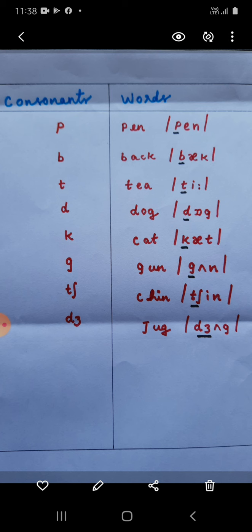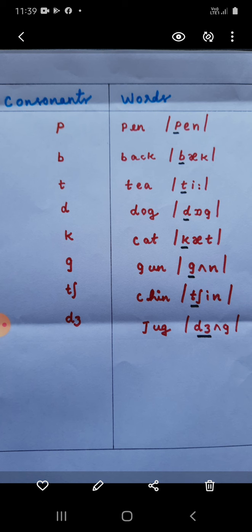Then the example you can see is gun, G-U-N. How to write that? Open a slash, then write small letter G, pronunciation G. Then you remember the triangle cut. While we were dealing with the vowel sounds, we studied that the A sound is written as a triangle cut and the pronunciation is A. So G plus A plus N, the N sound, together give you the word gun. Understood that? Then we close the slashes.